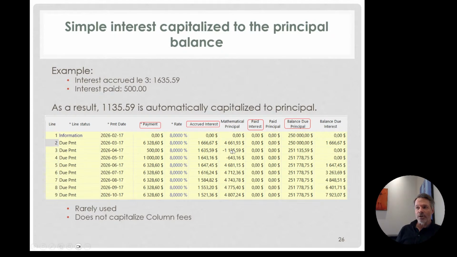And this would usually go to balance due interest. It would go to my due interest here. But since I'm capitalizing, it's going to reduce it back to 0, and it's going to get capitalized right here. So my interest automatically becomes principal,